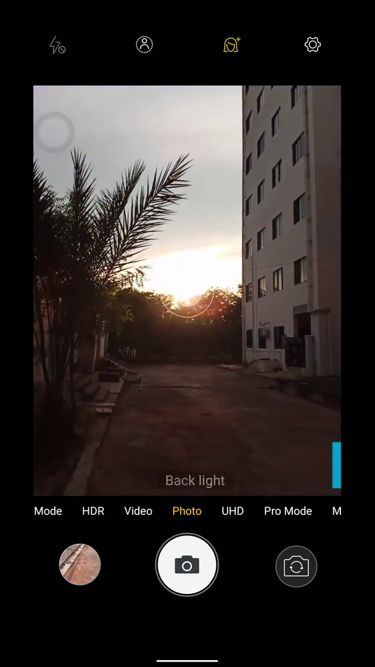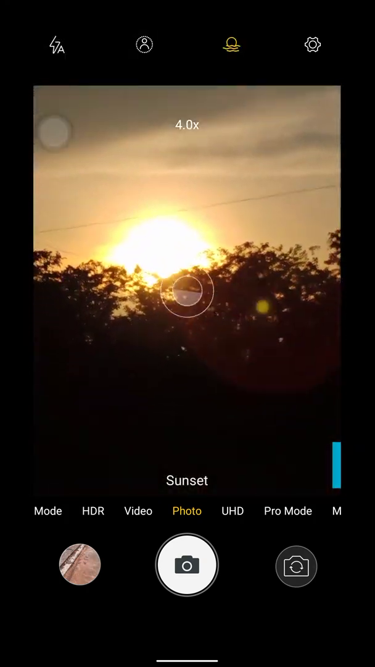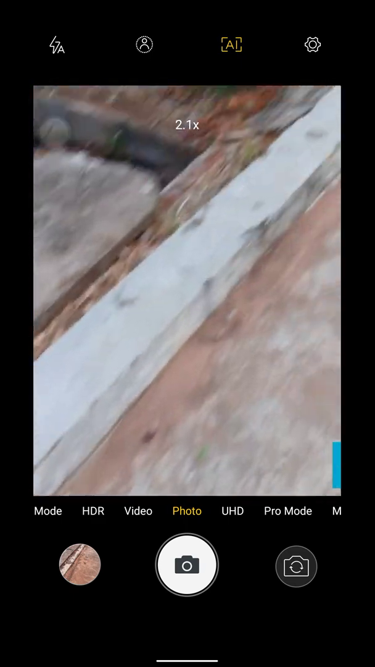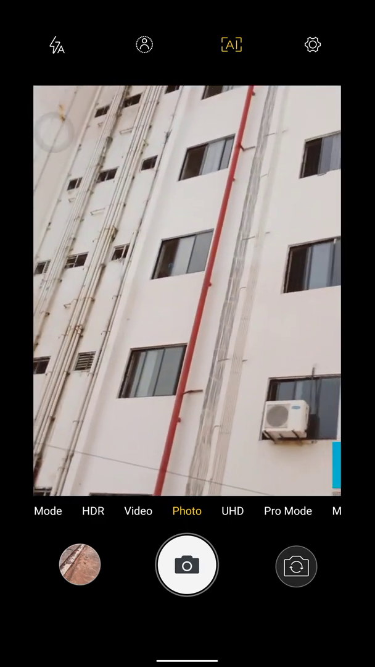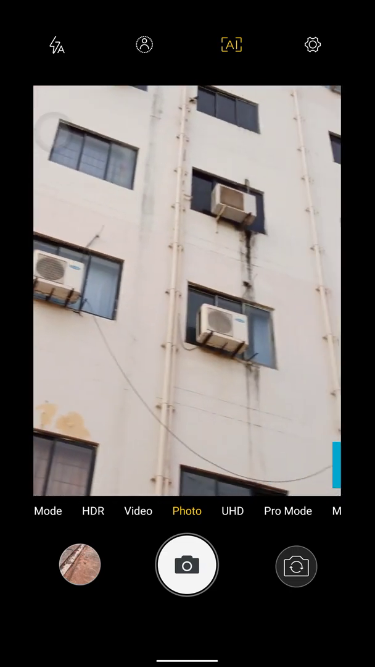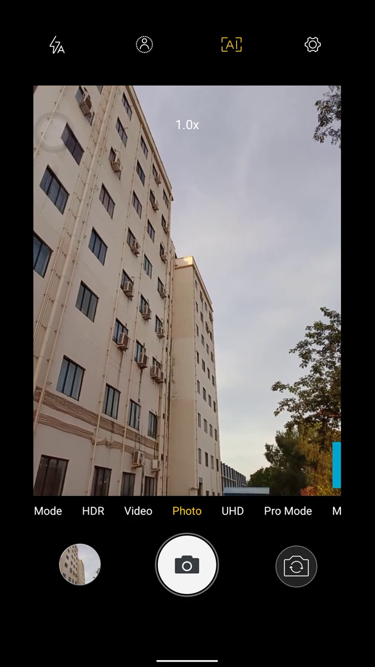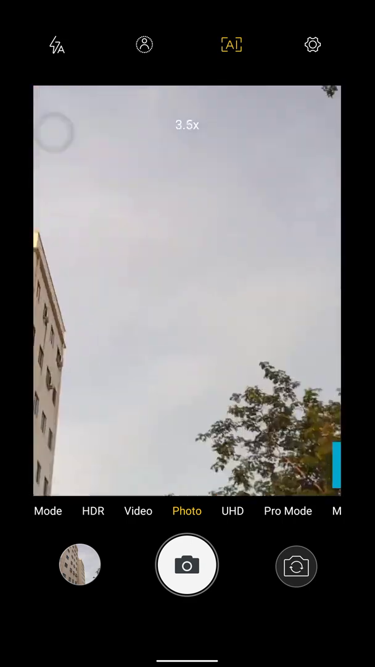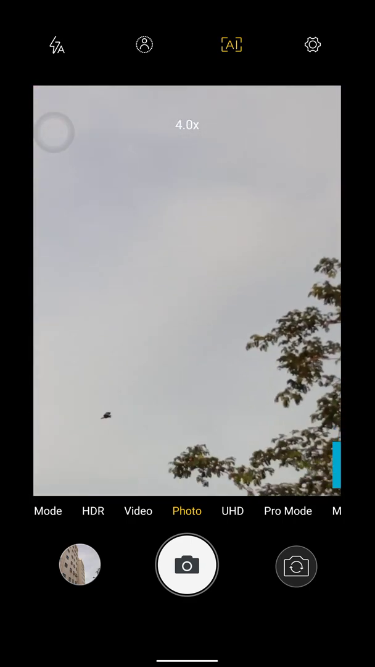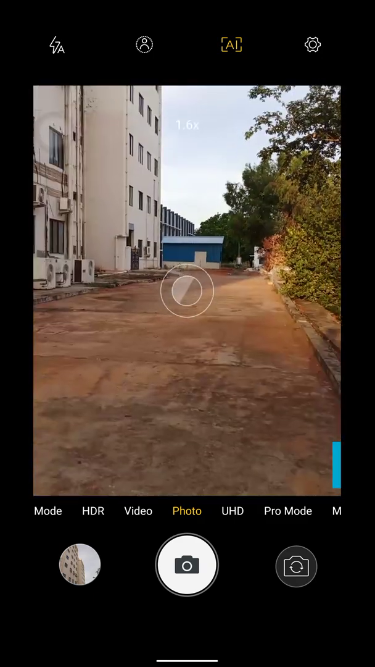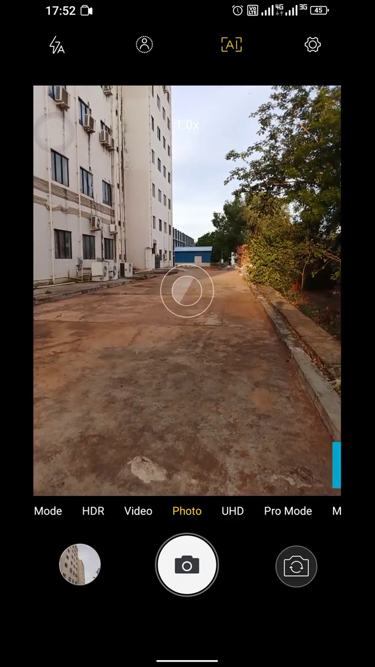Greenery, then sunset, and when we show the beach, it will show beach. When I show the buildings, it detects automatically. Ultimately, the camera quality is awesome. When I show any animals, it shows animals. So this is what I wanted to show about the camera quality of